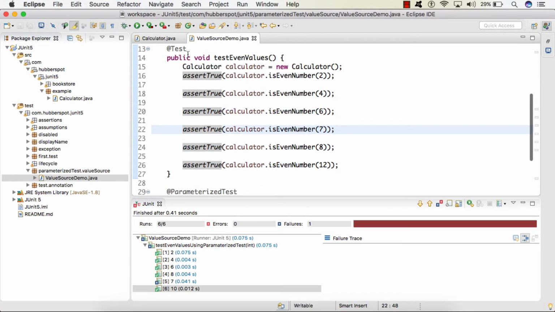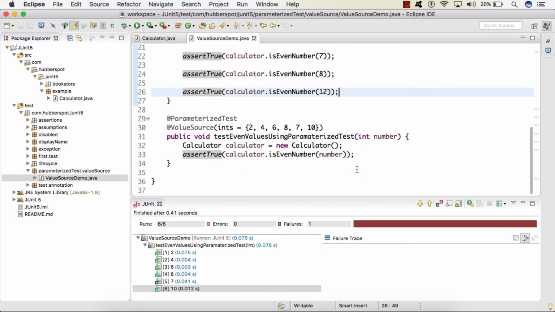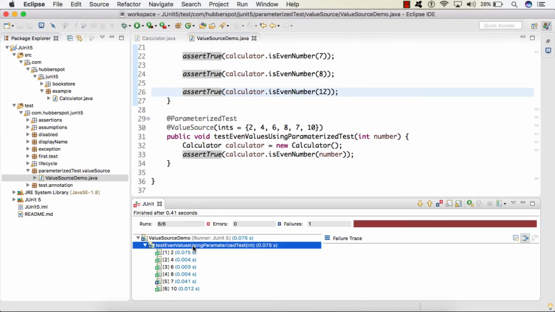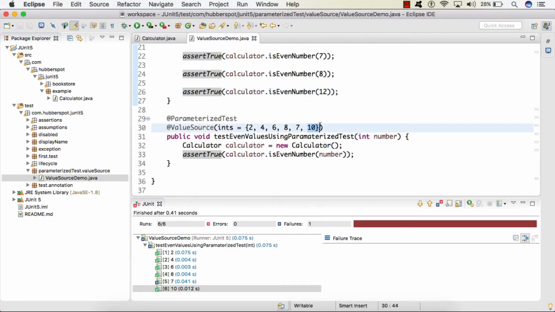If in our test we had used something like this, then as soon as our assertion failed, the test case would have failed without executing these values. But here our test case failed, but it also executed for value 10, so that we can provide multiple different values and we can correct only those values for which our test case is failing, rather than correcting one at a time and moving ahead.